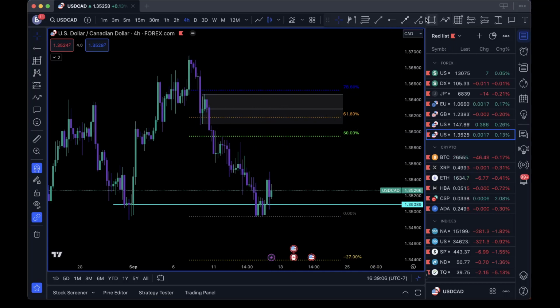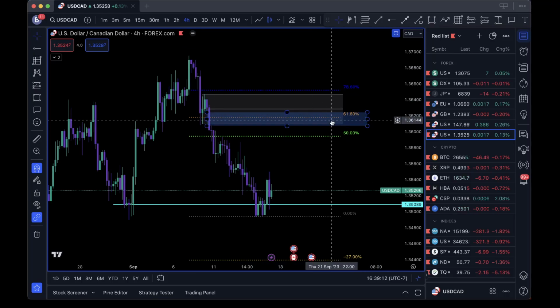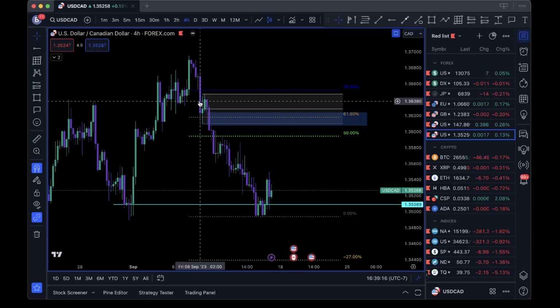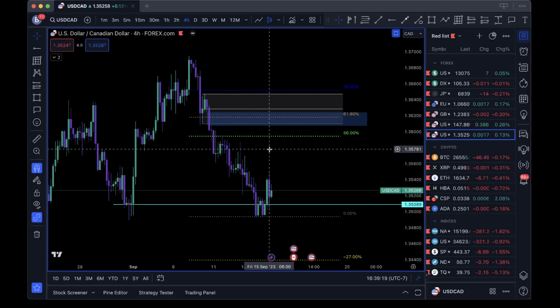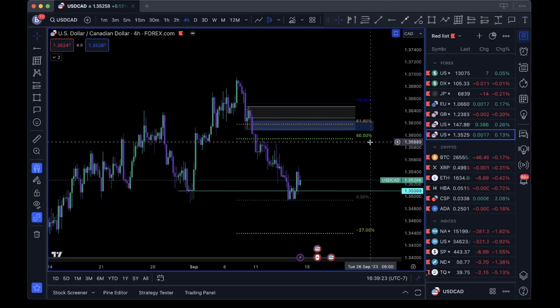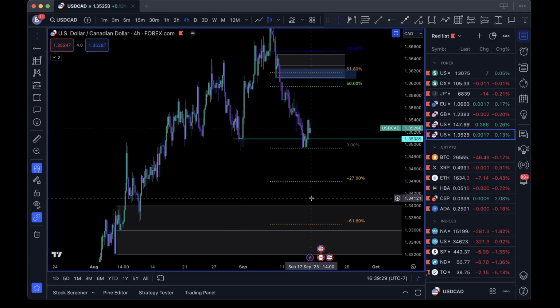We got a fair value gap right here. And I love how this correlates with our OTE, in premium, fair value gap, order block. So we got quite a few confluences coming into this level. If we're going to continue down, again, we did start closing below these levels, and who knows?